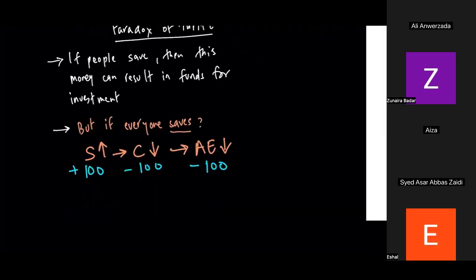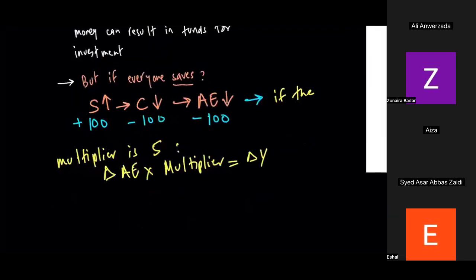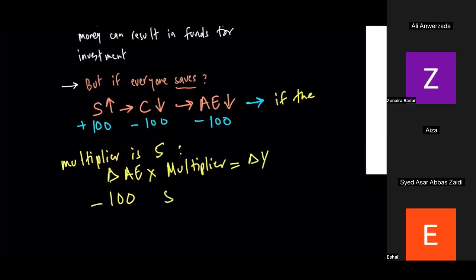Let me write this, guys. If the multiplier is 5, then change in AE times your multiplier is your change in Y. So अगर आपने 100 से आपकी income गिरी, so multiplier अगर 5 हुआ तो GDP आपका गिर गया 500 से। इसका मतलब क्या हुआ कि